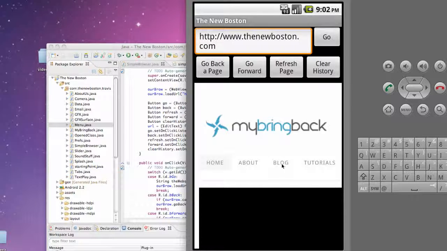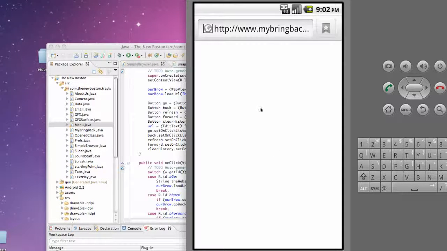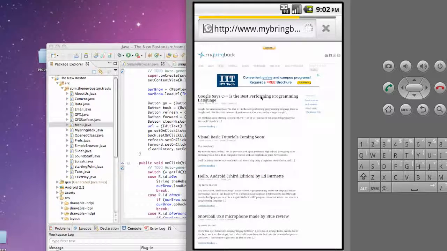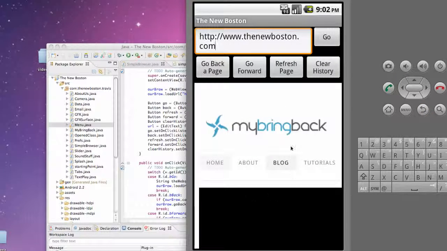Now here's the problem that we're going to solve in the next tutorial. Let's say I want to click on one of the links, like blog, from a website. It opens up a new intent, and it uses the browser intent that's built in with Android. So we want to get rid of that for the most part. I mean, we don't necessarily want to, but we're going to, because we want to have our browser kind of do everything. So it reloads in this